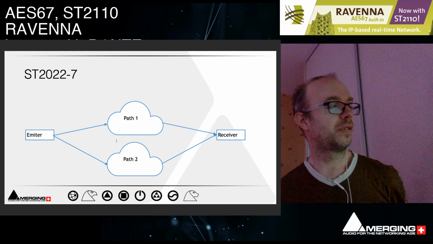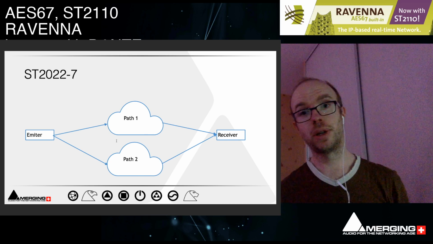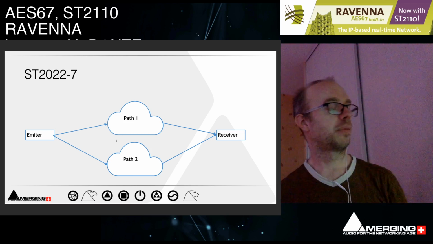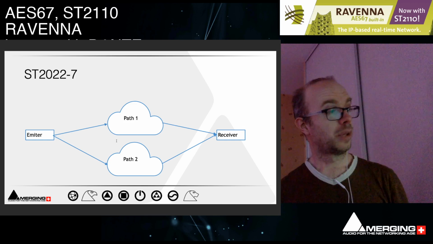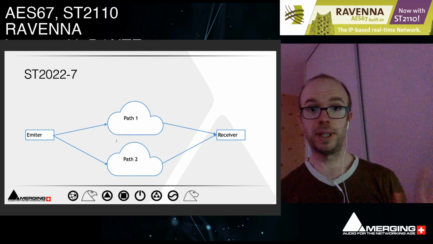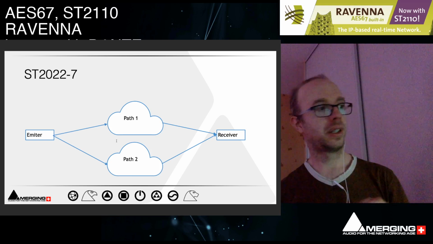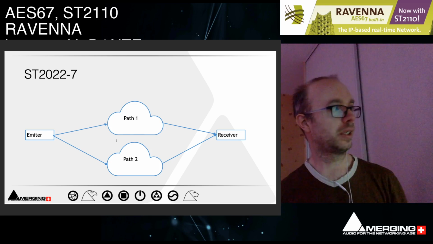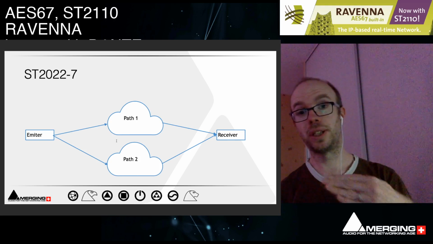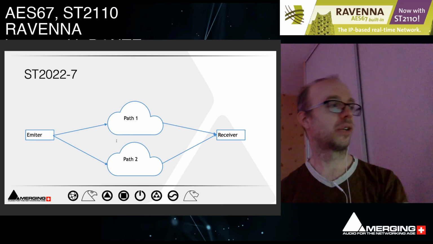Thankfully today we have really fast networks and it doesn't happen anymore, but things can always go wrong, and you may have a problem in a switch, or somebody unplugging a cable, or a cable getting broken because it's badly plugged, etc. So the idea of ST2022 was to double the stream on two different paths. The paths can be on the same network, as opposed to Dante, which I think requires two different networks to do redundancy. Here we can do redundancy in the same network, at least on the physical level, but even on the IP level. So right now, that's what I'm doing on my own network, what I showed you before,